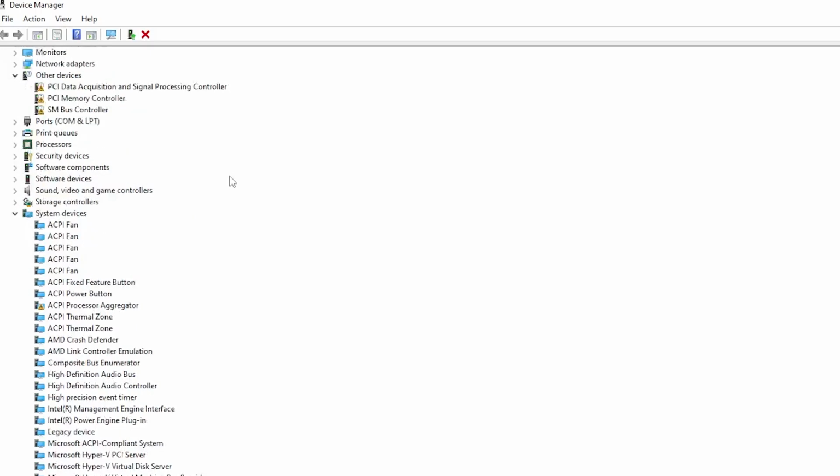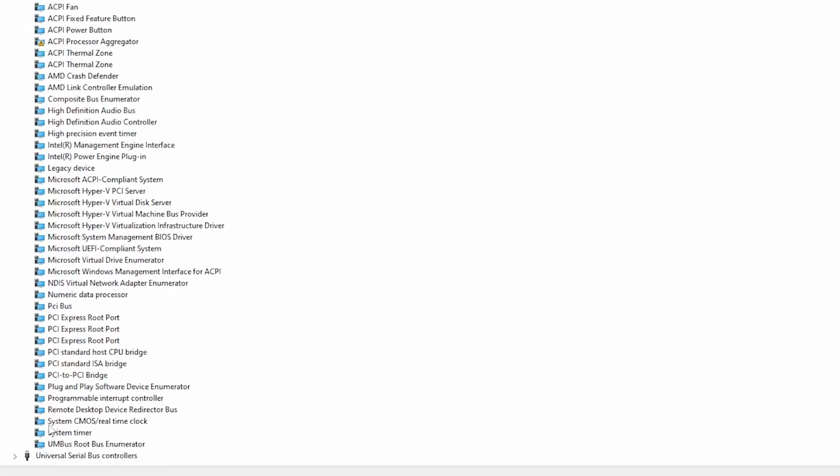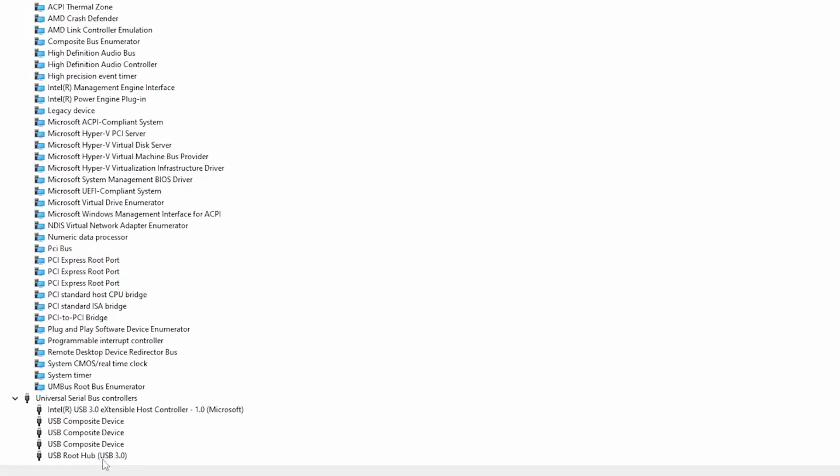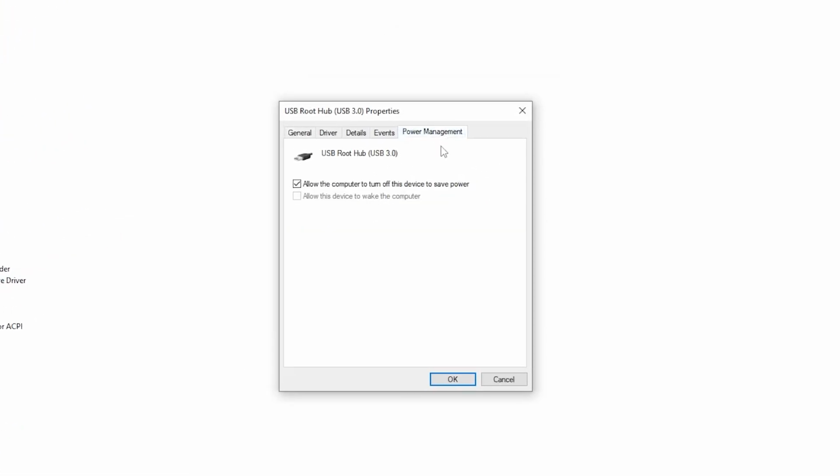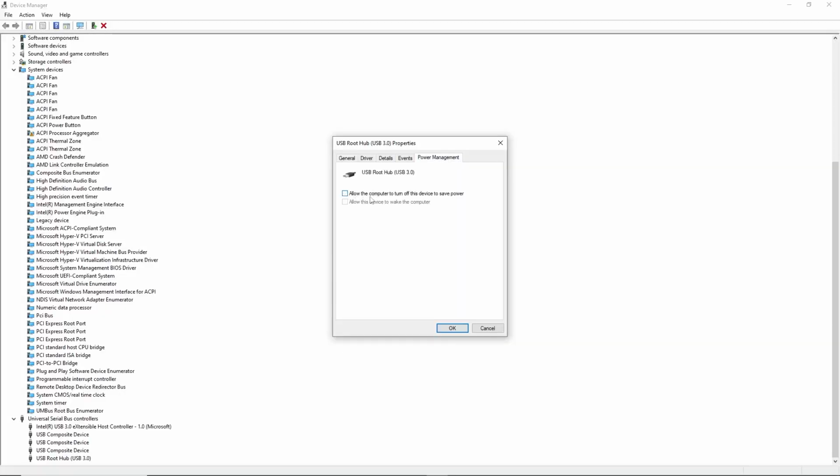Another thing to try is disabling USB power saving. Open Device Manager, expand Universal Serial Bus Controllers, right-click each USB root hub, go to Power Management, and uncheck the power saving option. If none of these steps work,